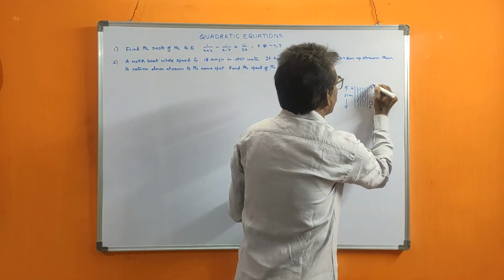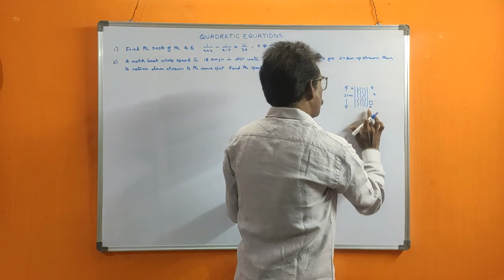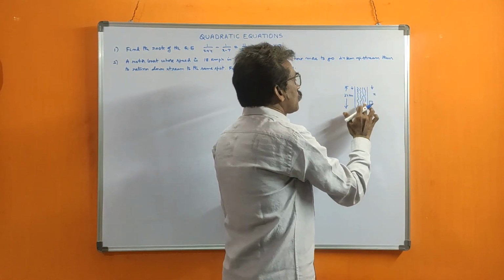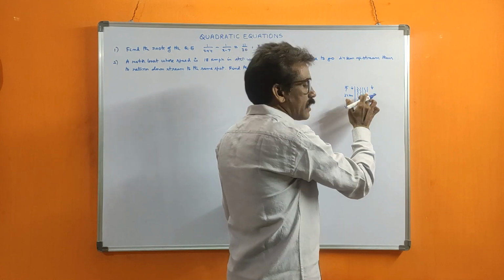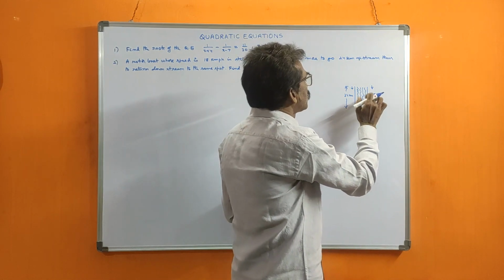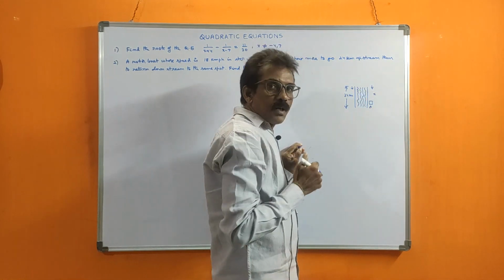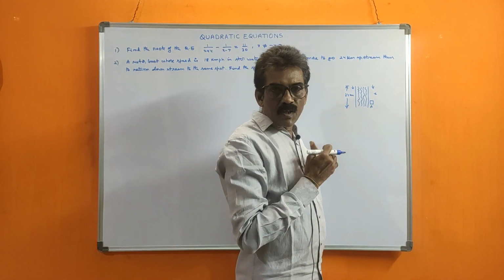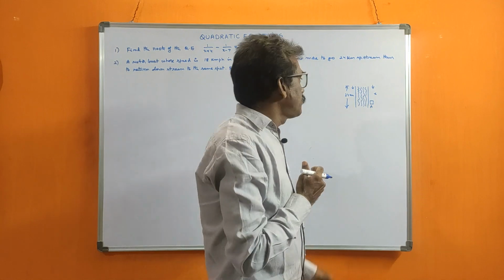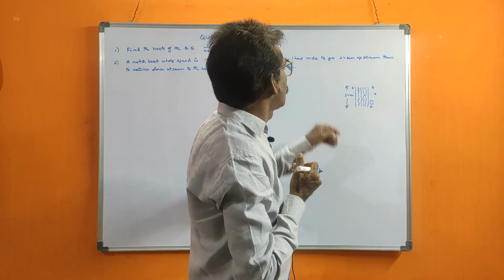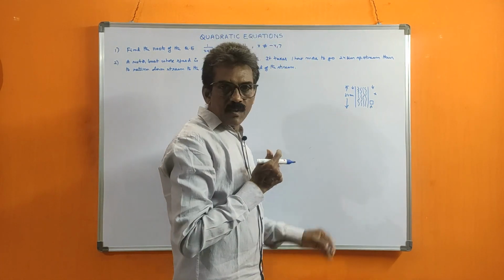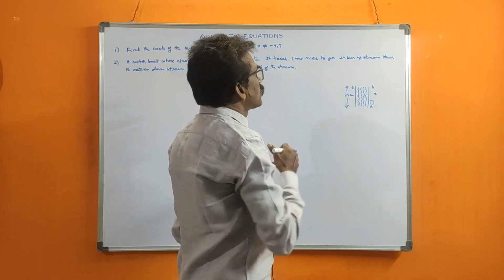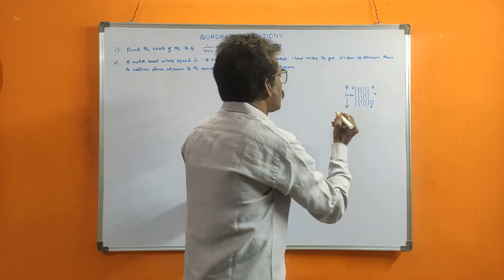Upstream means the current is flowing in this direction, the movement of the water is in this direction. That's why the velocity is reduced by x. So at that time he will go very slowly. That's why he took 1 hour more than traveling downstream. That means the difference between upstream time and downstream time is 1 hour. That is the concept. So we should calculate the time taken upstream and downstream, and make the difference equal to 1. Then we will get the answer.